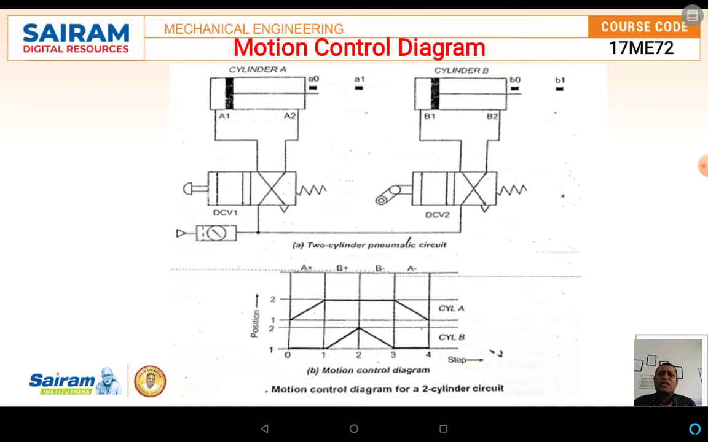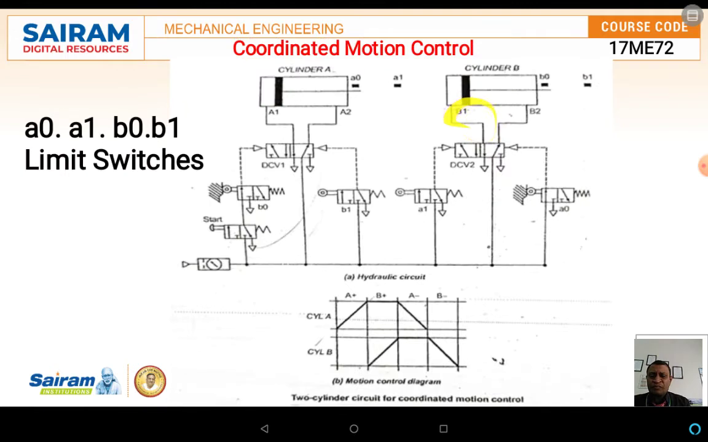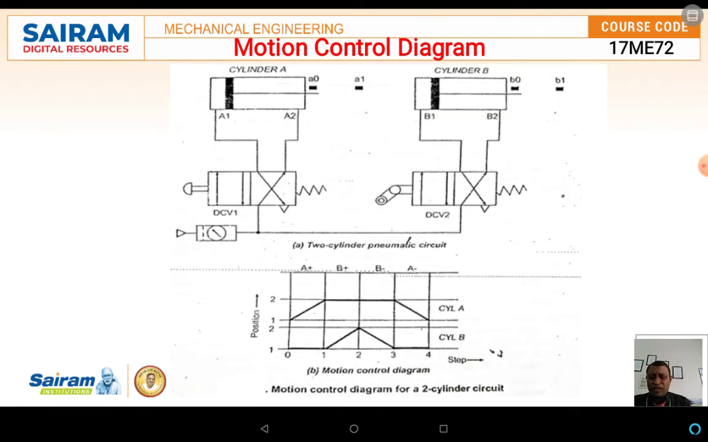A0 and A1, the small letter A0 and small letter A1, are representing two limit switches. This is the limit switch pair for cylinder A, and these two are the limit switches for cylinder B. This one is the inlet position and this one is the outlet position of cylinder A, and this one is the inlet position and the outlet position of cylinder B. Now with respect to this motion control diagram, I explained clearly